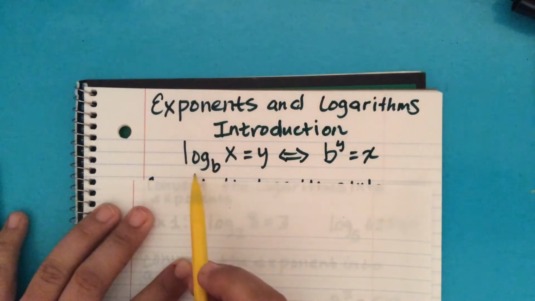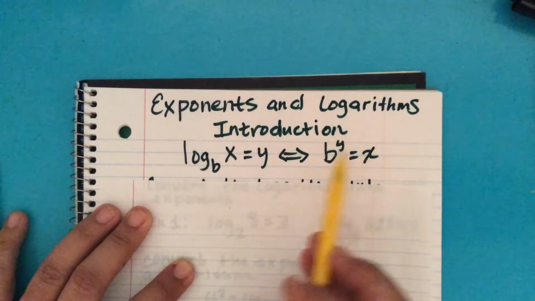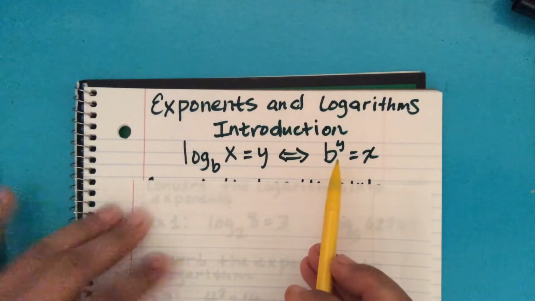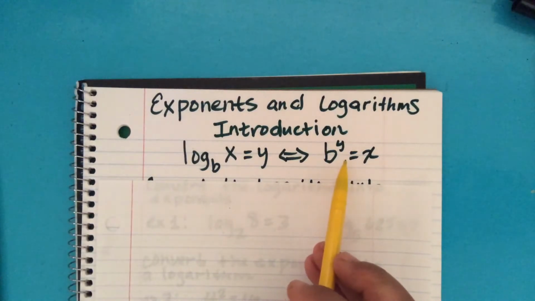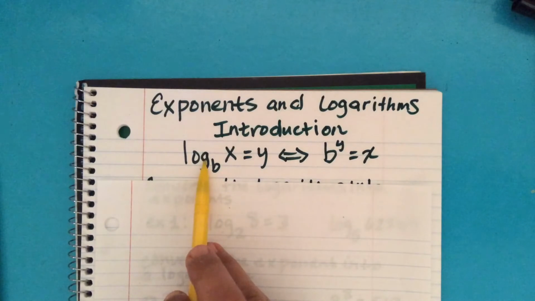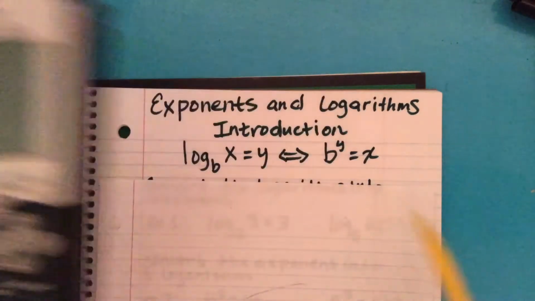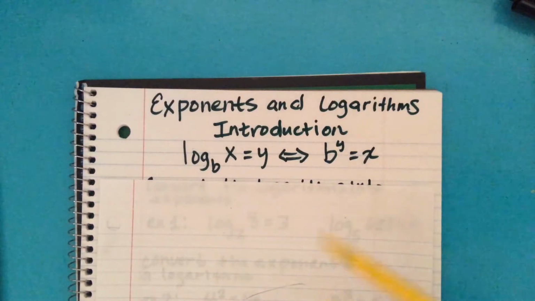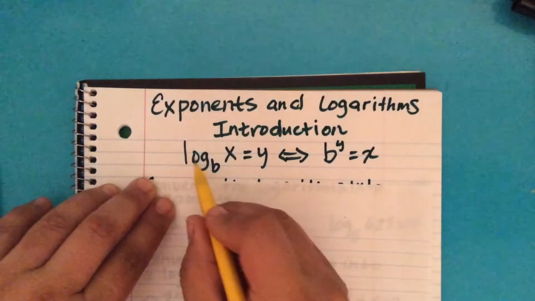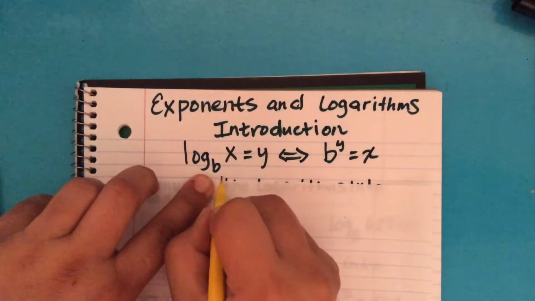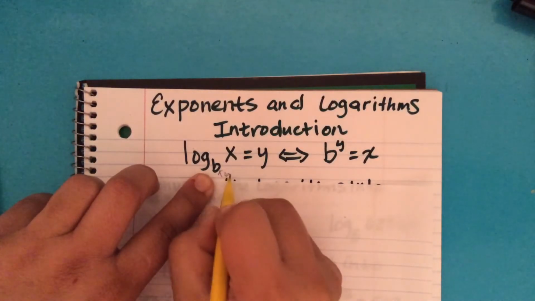So way back in the old days, exponents were really large numbers, or if you had a really small number, they would be converted into logarithms because they didn't have a calculator to be able to calculate big numbers. But they somehow said, so the definition, that the log base b, that's your base,